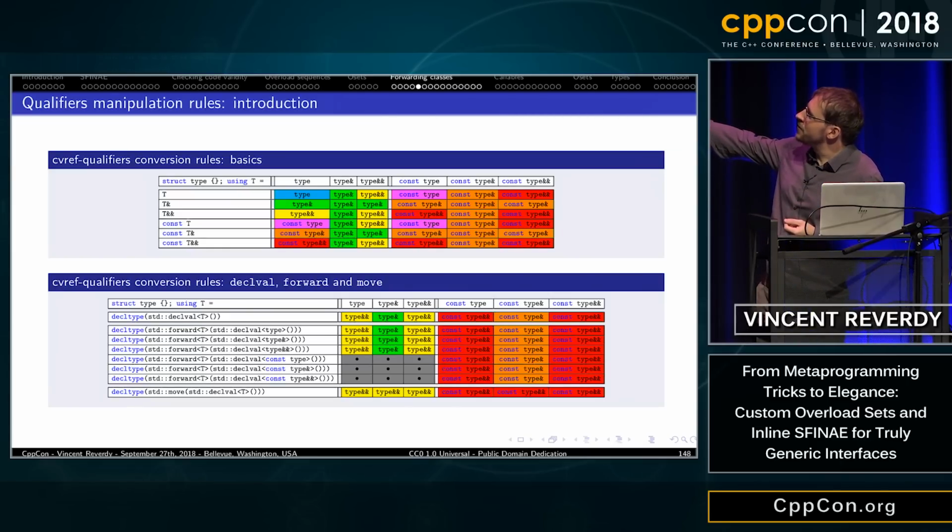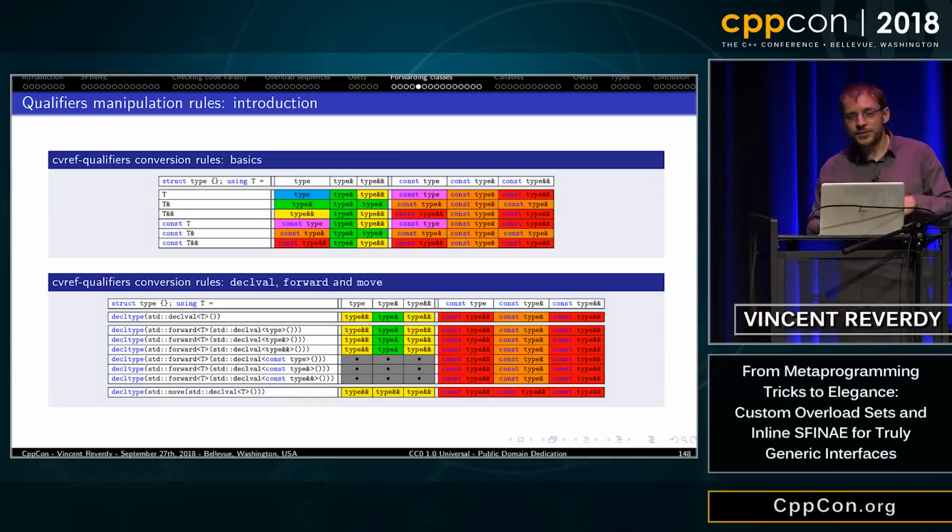So let's say I define a struct type, and I will use T defined as type, a reference to type, double reference to type, const type, reference to const type, and double reference to const type. And the question is, what happens for T, what happens for tref, what happens for trefref, which means trefref is what you have as input here, and you put refref after it.